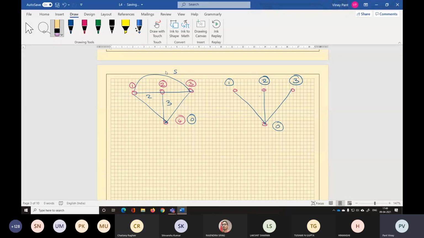1, 2, 3, 4, 5 elements. एक एलिमेंट ये है 1. देखो यार फिर से 1. This is 2. This is 3. This is 4. हाँ, this is 5 and this is 6. नंबरिंग गलत कर दी थी. नंबरिंग भी भूल गया यार. I think I'll have to go back to nursery class. Okay, there are 6 elements.